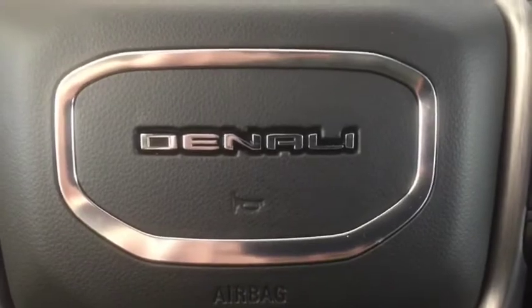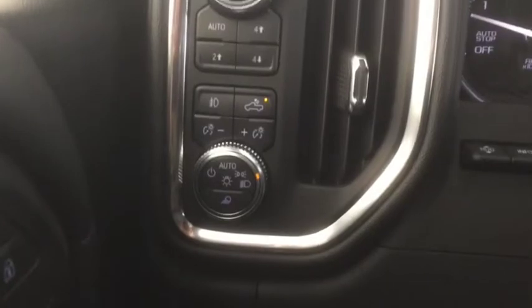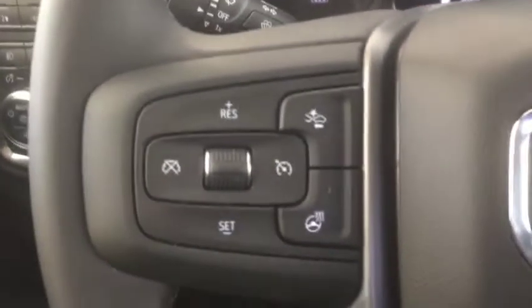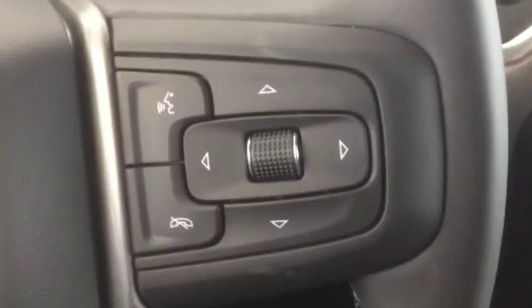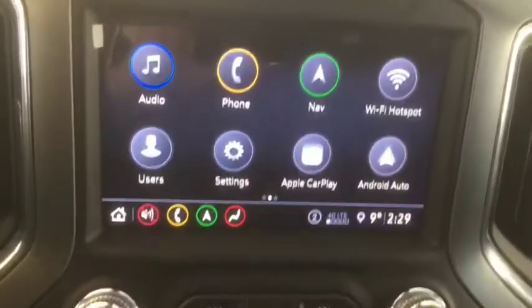Some of the features included in your brand new Sierra 1500 Denali are seat memory, power folding and power adjustable side mirrors, towing, 4x4, automatic headlights with fog lights, cargo area lighting, and automatic high beams, heated steering wheel, heads-up display, Bluetooth ready, phone and media, hands-free steering wheel controls, universal home remote, rear view mirror camera, AM, FM and